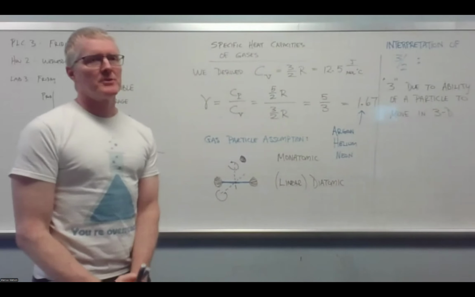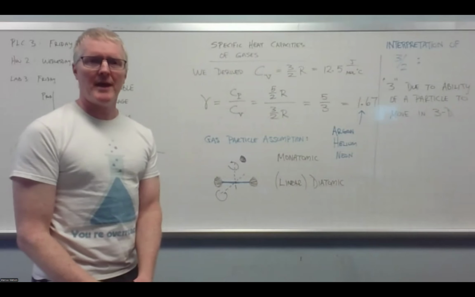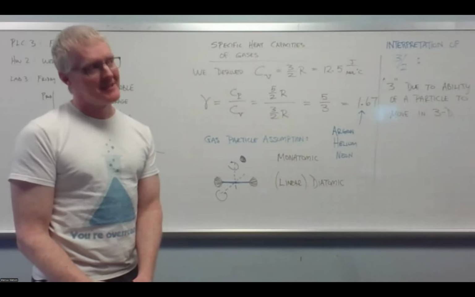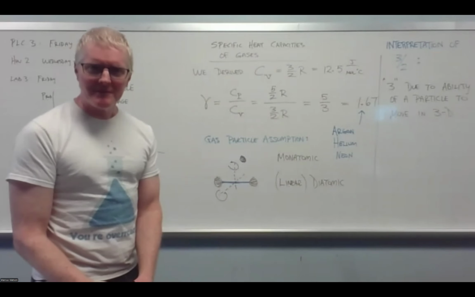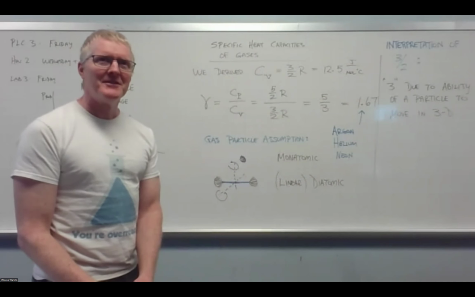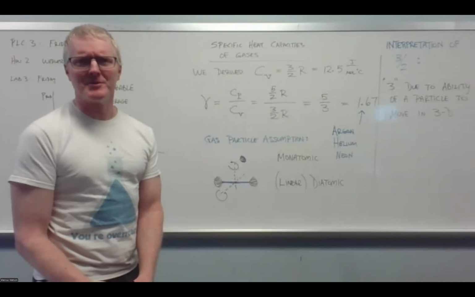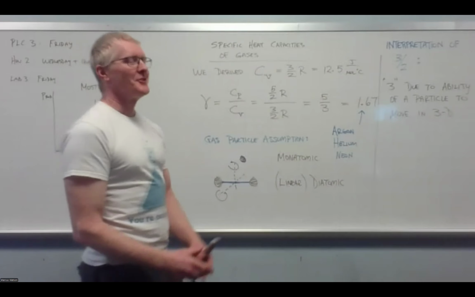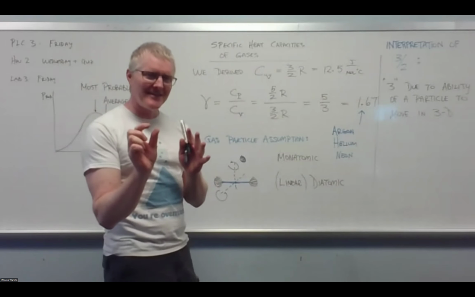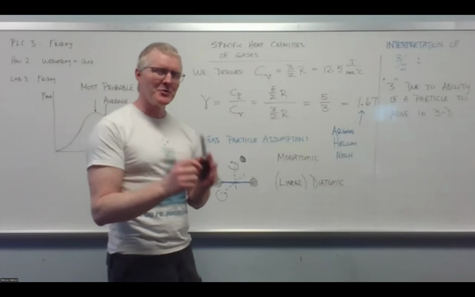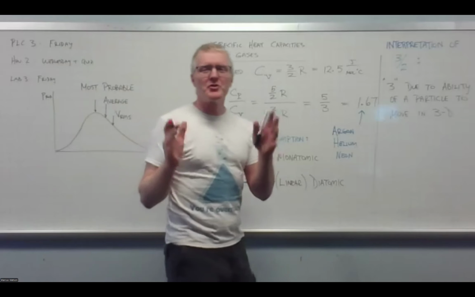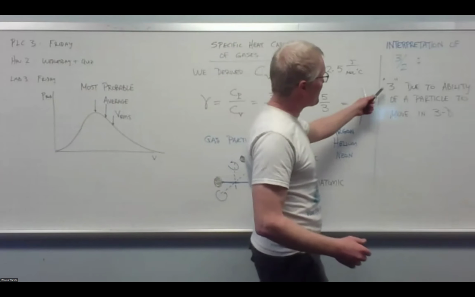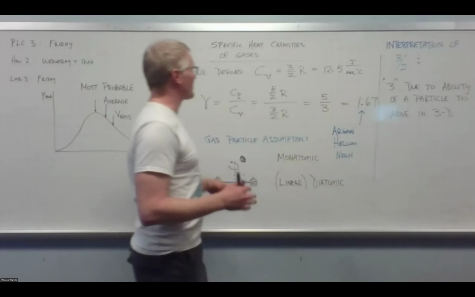Now, what's really interesting is if you think about what happens if I confined the gas to a surface? What if I had a 2D gas? Then that number would be 2. And you think, well, this is just arbitrary baloney, right? Well, actually, it still works out okay. So we're on to once again a small piece of truth here. Or truth, I don't know, maybe is the wrong word, but it's a useful way of thinking about things. So we're going to take the 3 as being due to the ability of the particles to move around,